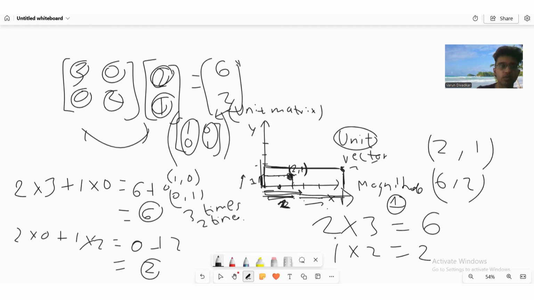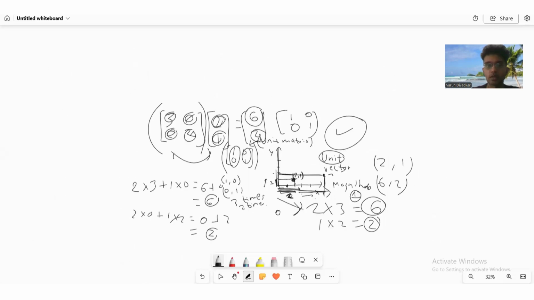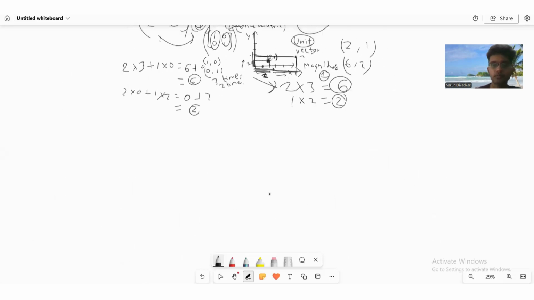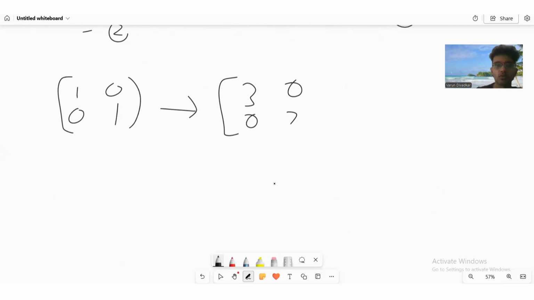So 6 and 2, which is basically 6 and 2. And that's exactly what we got even by using the analytical method. So this is basically a matrix transformation on this original coordinate system, which was like 1, 0, 0, 1. And we have transformed that to a 3, 0, 0, 2. So basically, we are trying to address here that if you transform your original coordinate system, which was 1, 0, 0, 1, to 3, 0, 0, 2, then what's going to happen